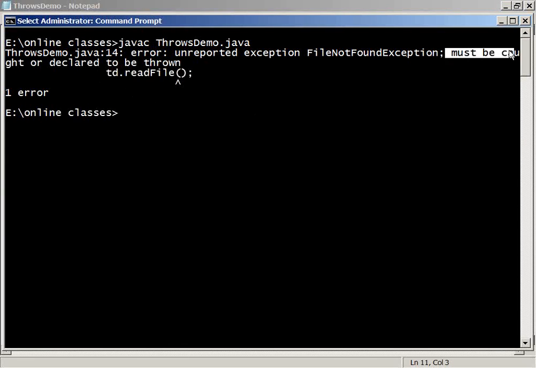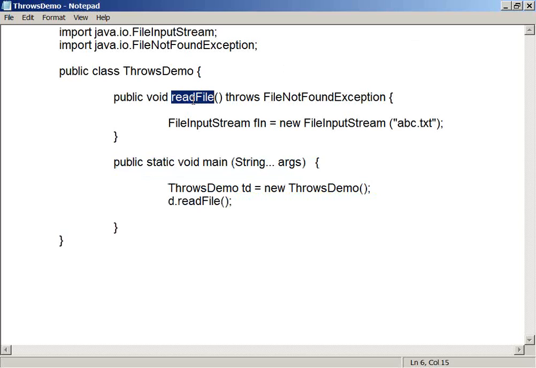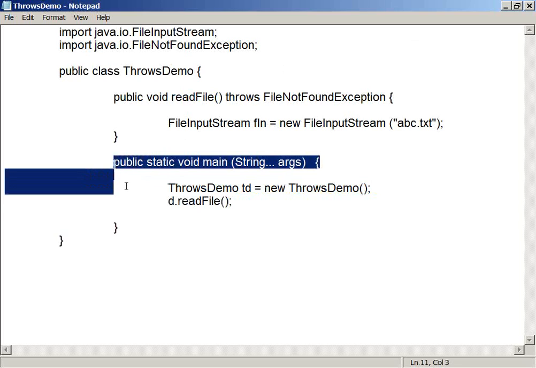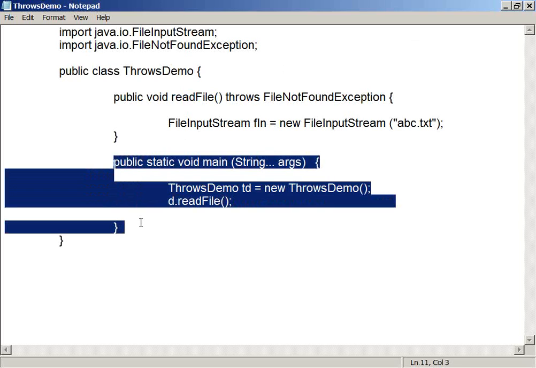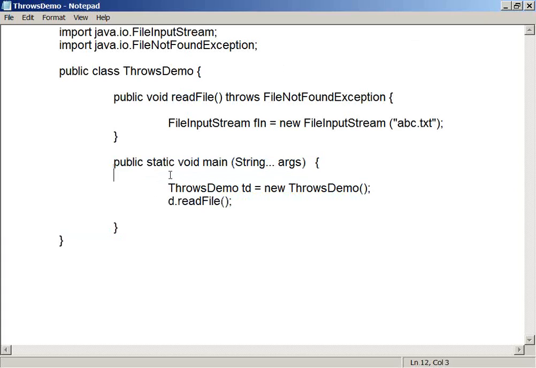Either you should handle it, or you should also say, but I am not interested. So whoever calls this read file method, that method should also indicate whether it is interested to handle it or not. Then only your compiler allows you.